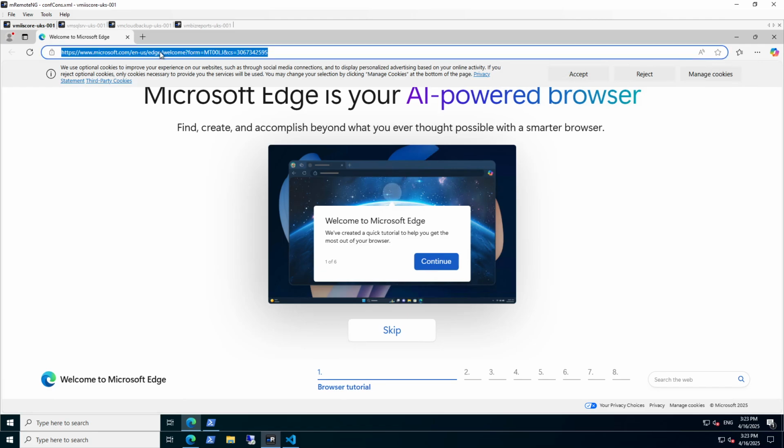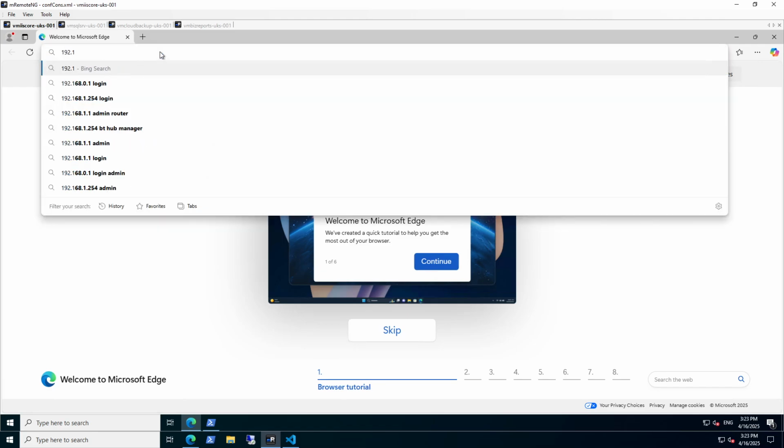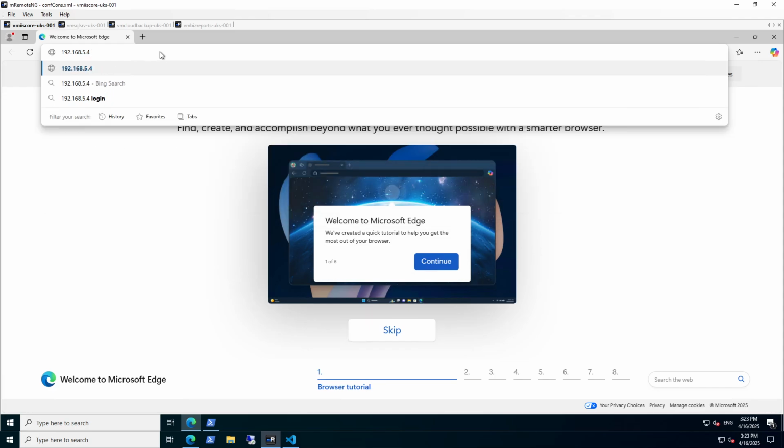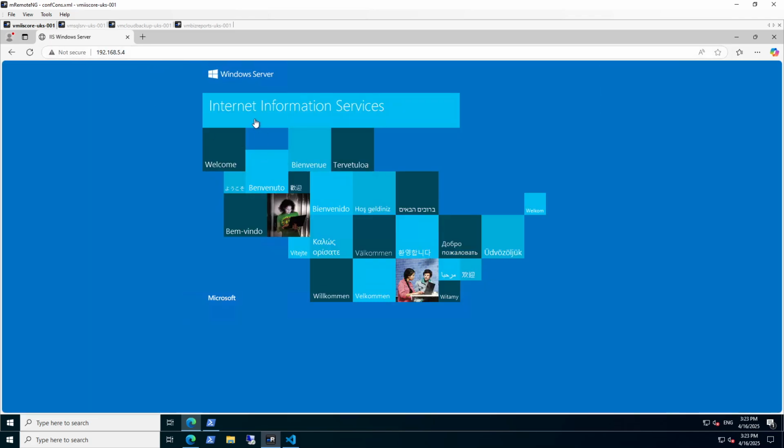So from the IIS server, we're going to type 192.168.5.4 into the Edge browser, and that will launch our web page. Okay, so the extension defined via Terraform code that installs the web server role via Server Manager worked, and we can access our web page from our IIS server. Perfect. Looking back at the reference architecture,